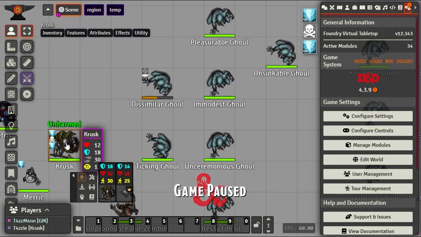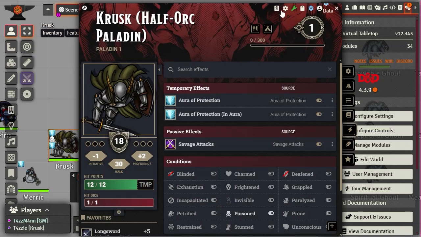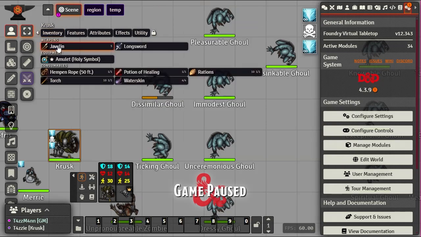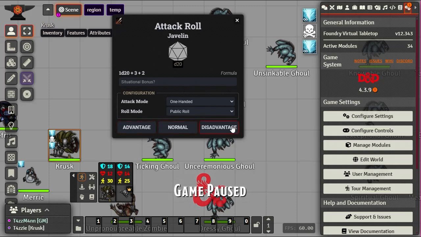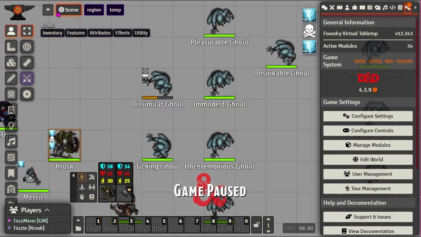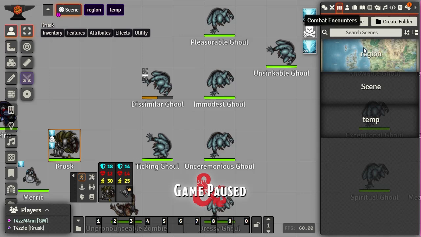if I go on to my character here, actually I don't need to do that because I can do this. If I'm going to do a weapon attack, what I wanted to point out here is that all my buttons are just gray. And when I mouse over it, we get this little red effect on them. So remember that. The other thing, was there another thing? Yes, there is actually another thing that I wanted to point out here,